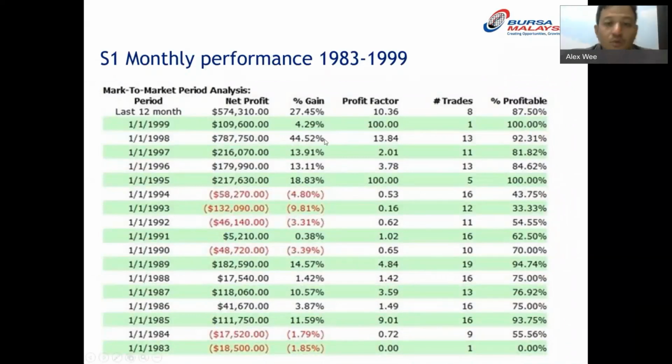When it makes more, in certain years it makes about 44% return, but the most that you lose is actually 9.8%, less than 10%. Some years you only lose 1.85%. So that's fine. It seems that during that period, 1983 to 1999, the turtle strategy does seem to work by modeling the volatility of the futures market. By the way, the turtles only trade futures. Therefore, it's relevant to our topic today, which is futures.